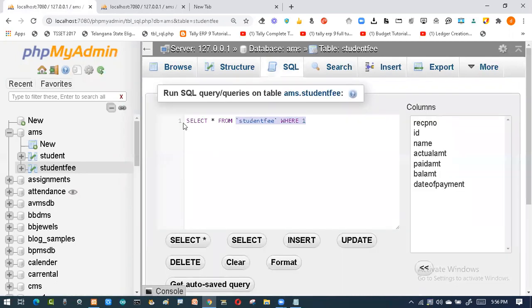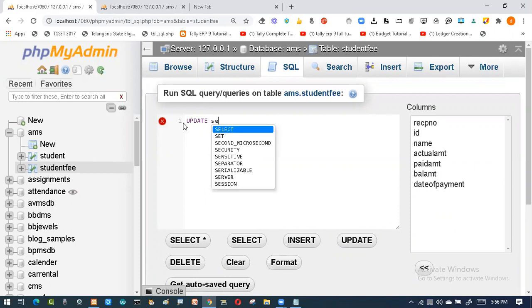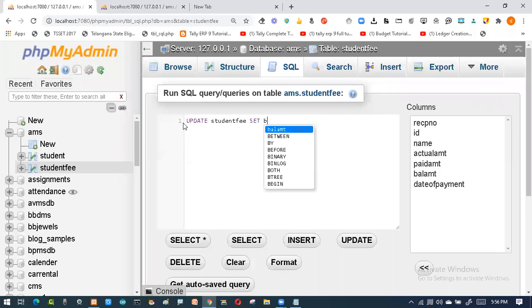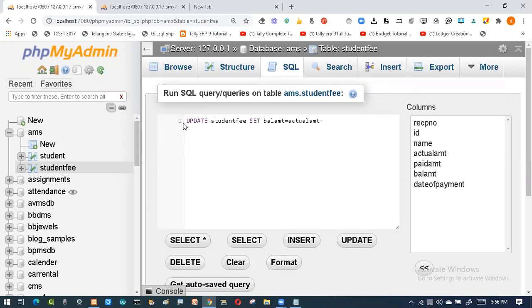So I'll type update student fees, set the balance amount. The balance amount should be the formula: actual amount minus paid amount.